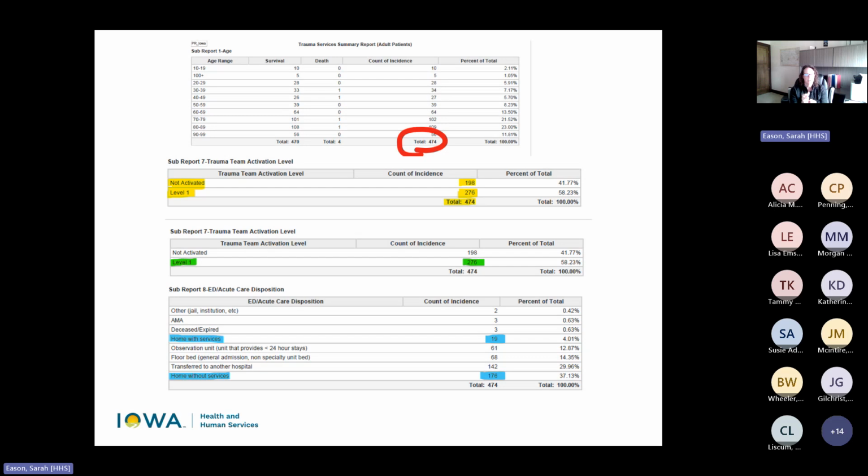It doesn't necessarily mean that what we're seeing here in the yellow can answer that. And I know that that's really confusing, and I apologize for that. But if you try to think about it abstractly about not activated, were they not activated because they didn't meet alert criteria, or were they not activated by mistake?